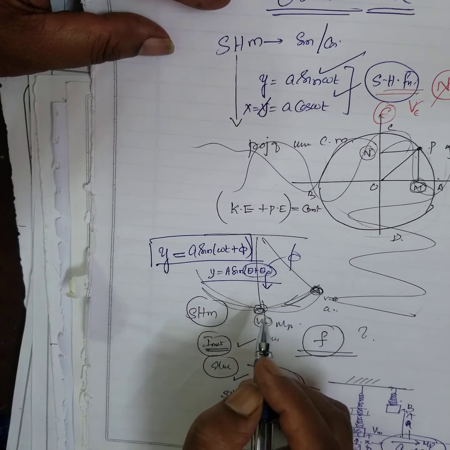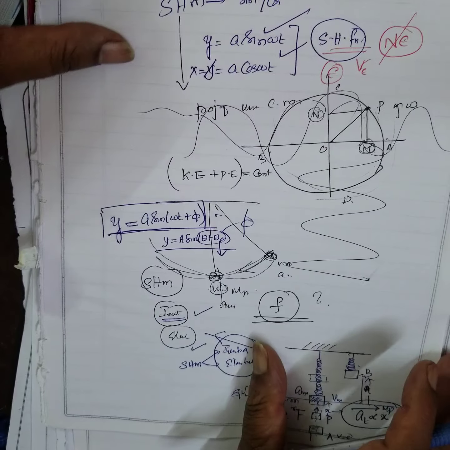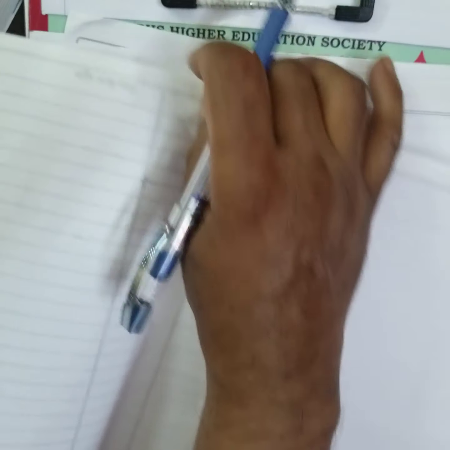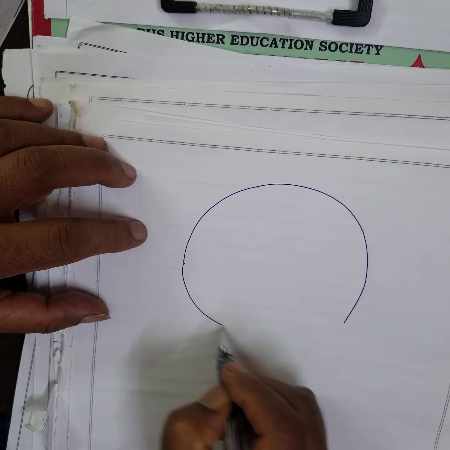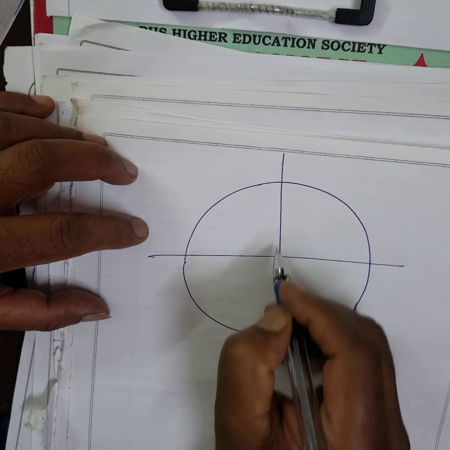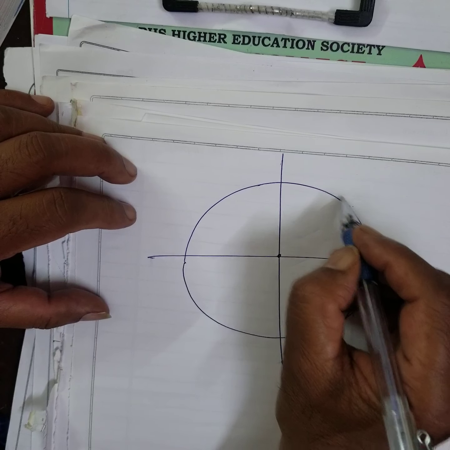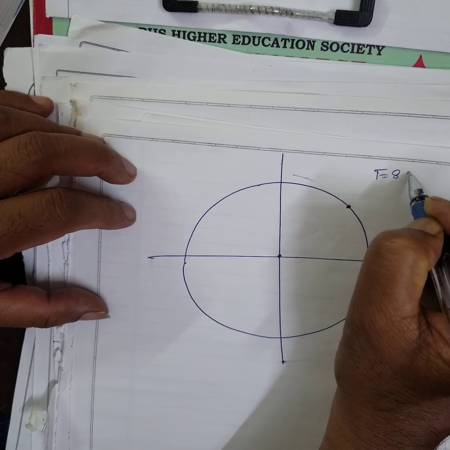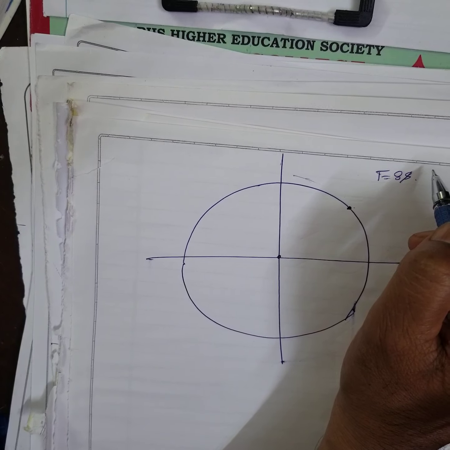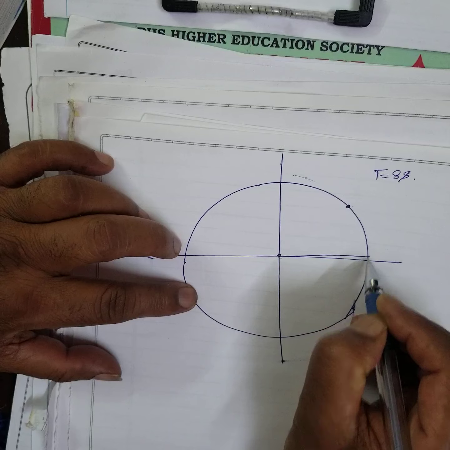Now, this is a representation of simple harmonic motion. Another thing, suppose it is a circular motion, it's going like this. The body is executing a simple harmonic motion. Now, this is 1 second, 1 second, 2 seconds, and so on. Period is what? 8 seconds. Now, what is this amplitude? A is the amplitude.